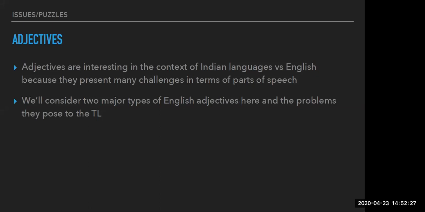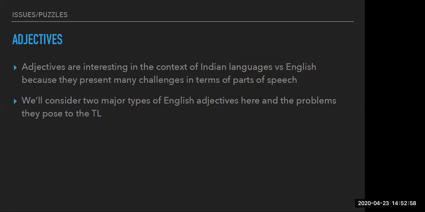Okay, let me also clarify that I'm not trying to say that English is important. I just happen to use English because in a bilingual context, it's easy if we have one language that we all have a common ground on. So that's the only reason I'm using English. I'm not trying to say bilingual dictionaries involving English are more important or anything like that. So yeah, just fair warning.